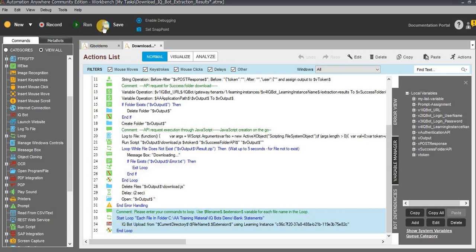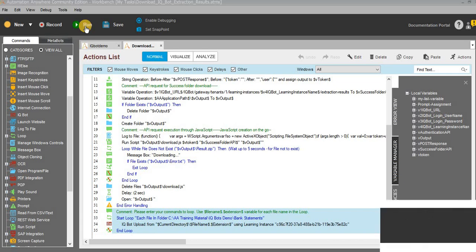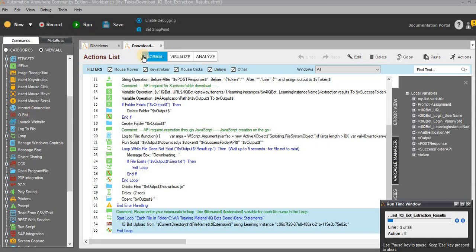Now I can save and run this task. The task is running.